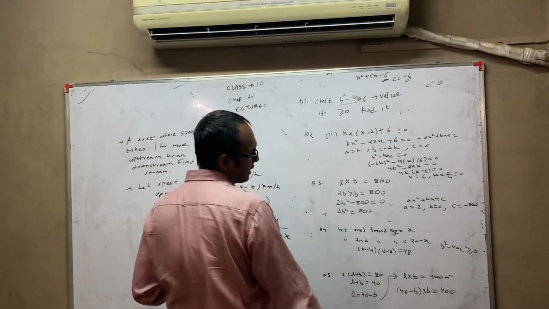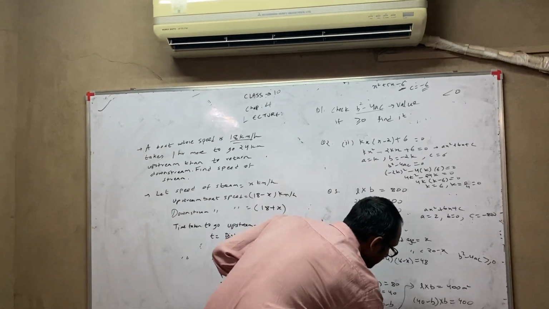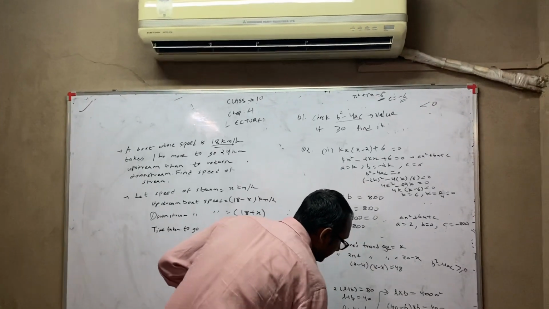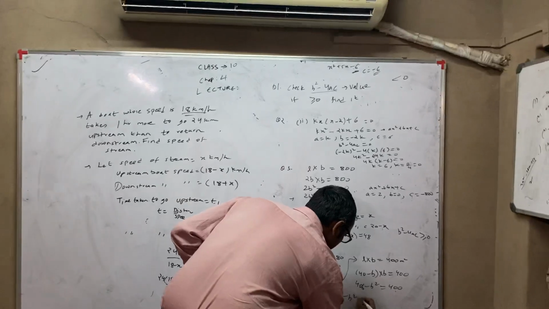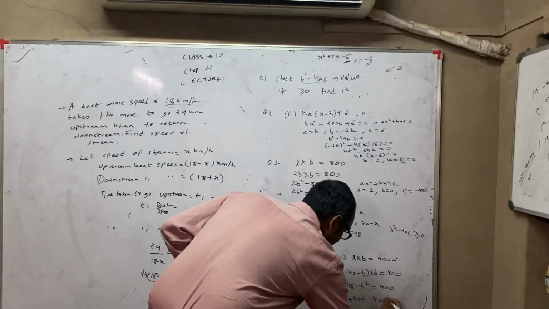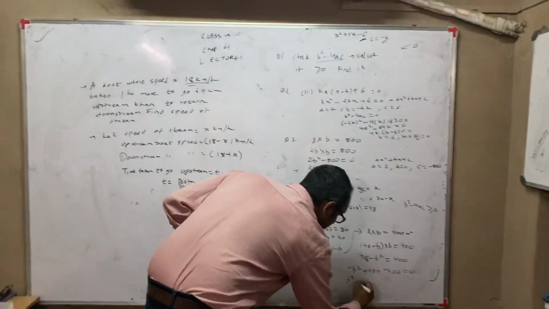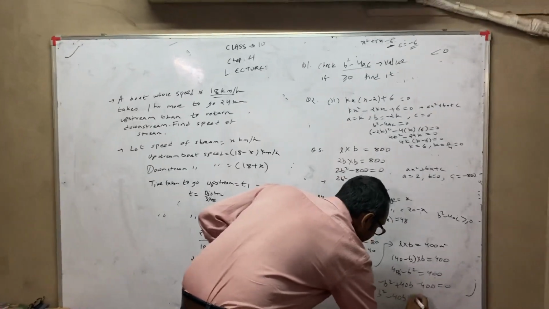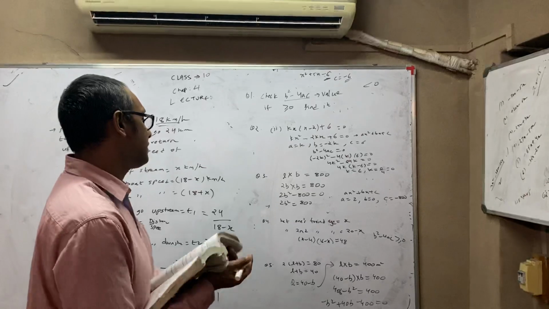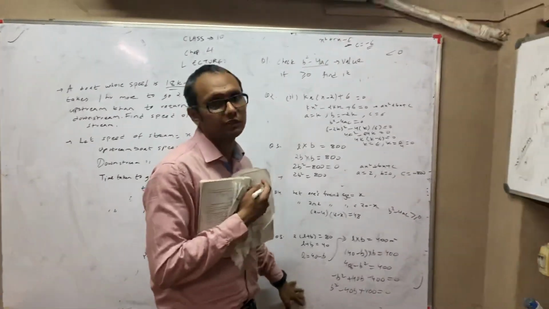Again I will make the quadratic equation, and for example 40b minus b square is equal to 400. Bring everything on one side. So minus b square plus 40b minus 400. I don't like the minus sign in the front, so I will multiply once by minus throughout. And now you check the basic first step. You have to check whether b square minus 4ac is greater than or equal to 0, and then you solve that.